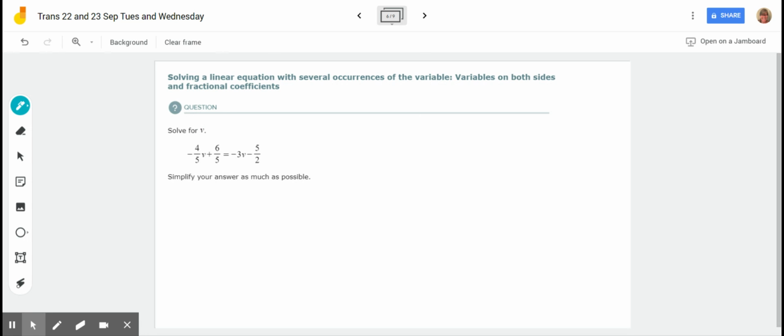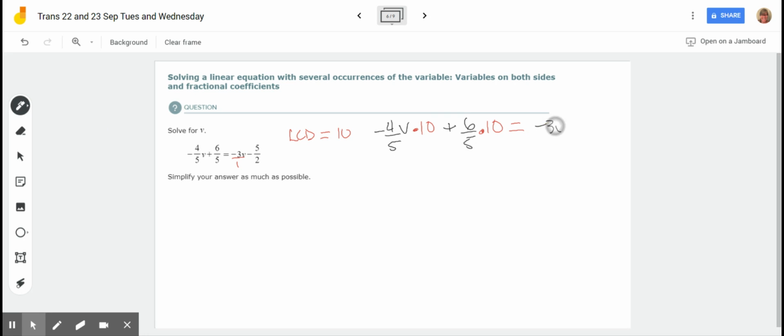Okay, are you sick of fractions now? I am. Okay, but that's okay. Multiply by the LCD. Okay, LCD for this one is between 5 and 2. This one's over 1, 10. Okay, so we're going to go negative 4/5 V. I'm just going to multiply it by 10 right away. Okay, plus 6/5 times 10 equals